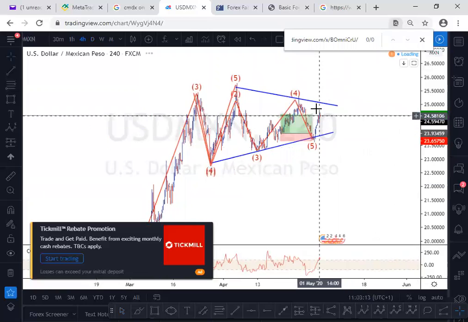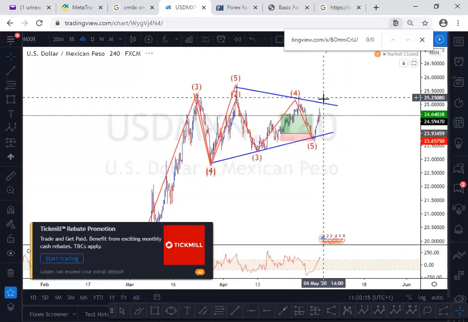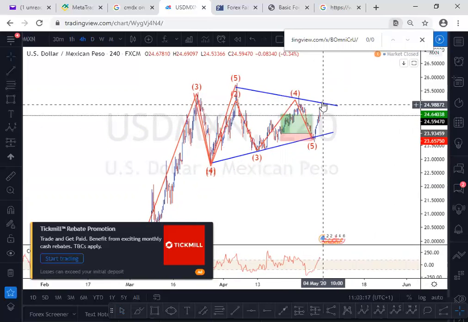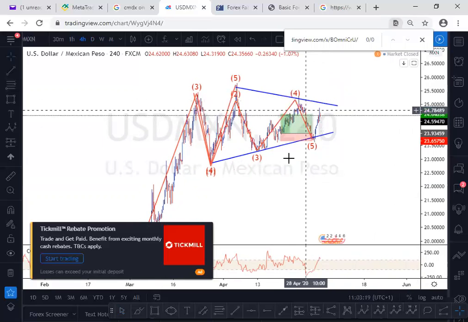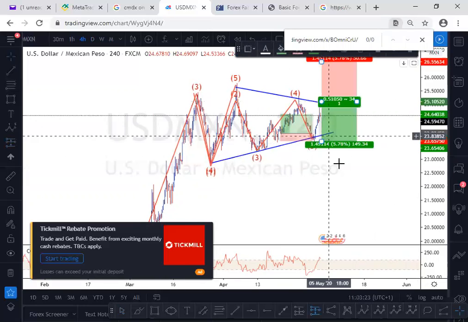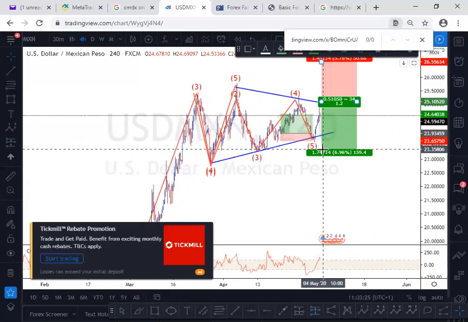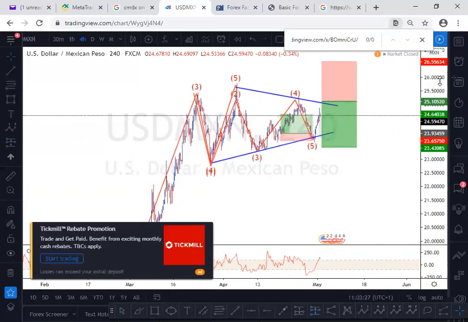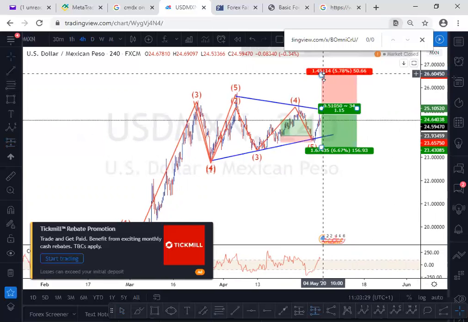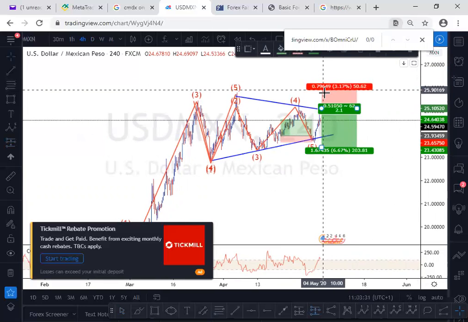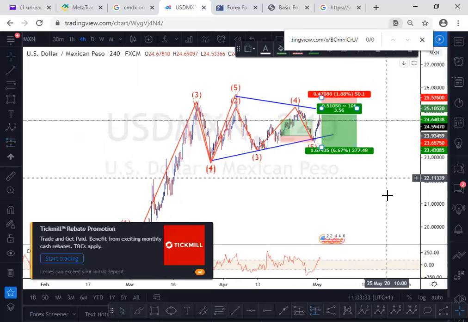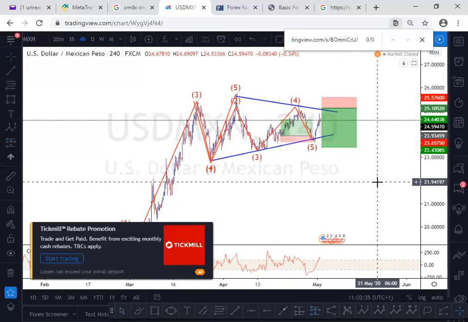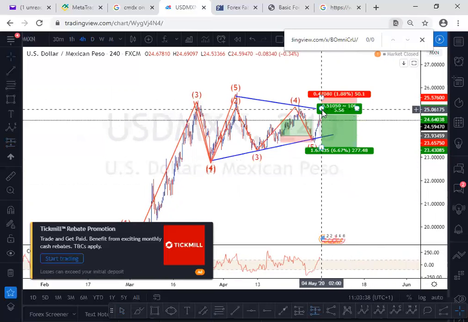What we want to be seeing is that price will come to bounce off this zone, and we will look to sell with the right risk to reward from this point, and our stop loss will be here. So I am going to give you this entry right now. I'm not going to give you everything in detail because it's meant for students and those that subscribe to my channel. This is a wonderful trade, 1 to 3. We can place a pending order here to go to the downside.